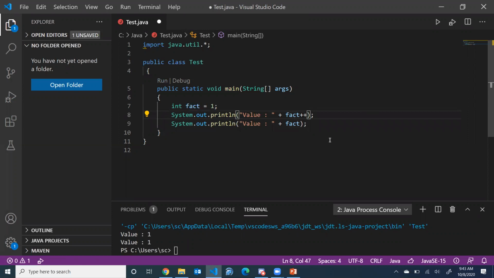अब अगर मैं ये करता हूँ फैक्ट प्लस प्लस कर देता हूँ, अब ये क्या करेगा कि ये चूंकि पोस्ट इंक्रीमेंट है, ठीक है, पोस्ट का मतलब है बाद में, तो ये चूंकि पोस्ट इंक्रीमेंट है तो ये पहले इसकी वैल्यू 1 ही रखेगा, लेकिन 1 ये शो करने के बाद कि वैल्यू 1 है, ये यहाँ पे लिख देगा वैल्यू 1 है, लेकिन ये शो करने के बाद इसकी वैल्यू को इंक्रीमेंट करेगा, तो फिर ये 1 से 2 हो जाएगा, तो फिर ये जो लाइन है ये दिखाएगी कि वैल्यू जो है वो 2 हो गई है। ठीक है, तो इसको मैं रन करता हूँ,